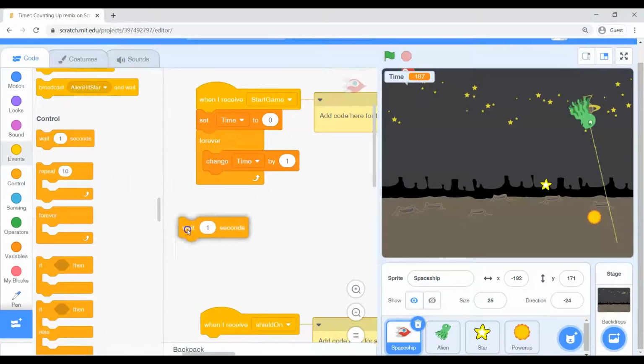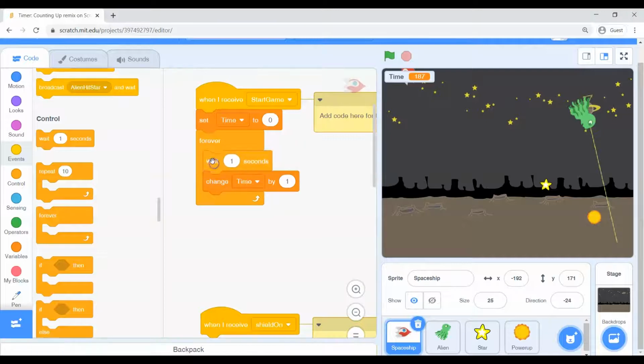So I'm going to pick up this wait block. Now it's very important that you put this in exactly the right spot, right? So I want to feed this to the dinosaur and I want to feed it to him on top of the change. Because watch this, remember your computer just steps through these in the order that you put them in